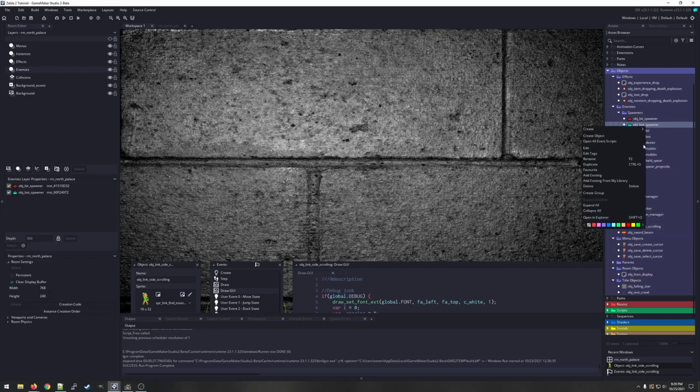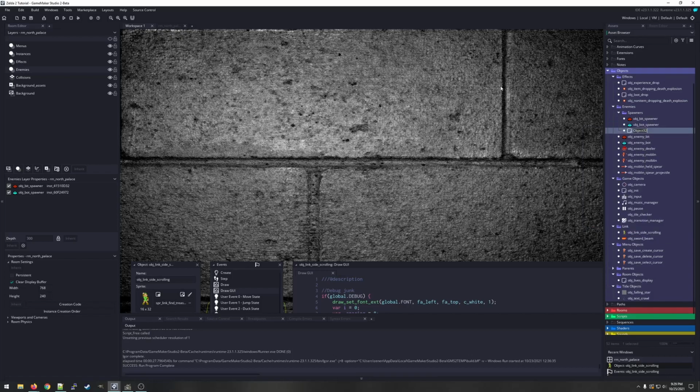So coming over here to our enemies, we're going to need to create another spawner here. We're going to call this object, let's see, this would actually be the Moblin. No, not Moblin impaled spear. I've got to scroll up the list here. Yeah. Okay, spawner Moblin object, spawner underscore